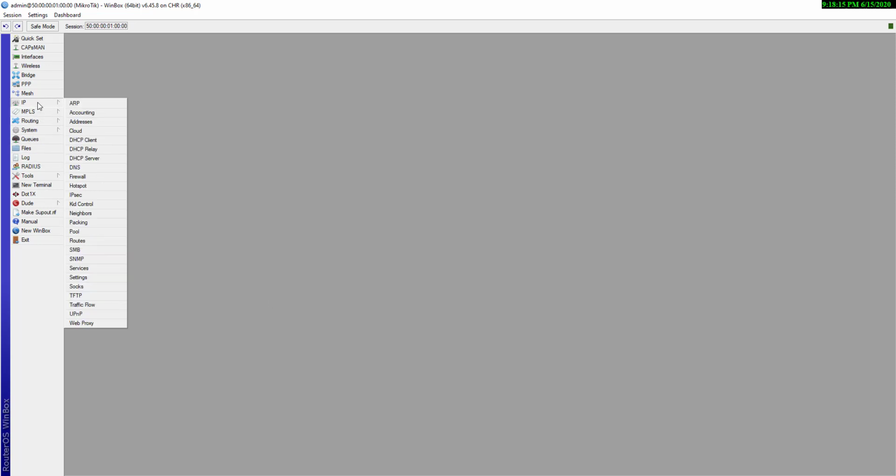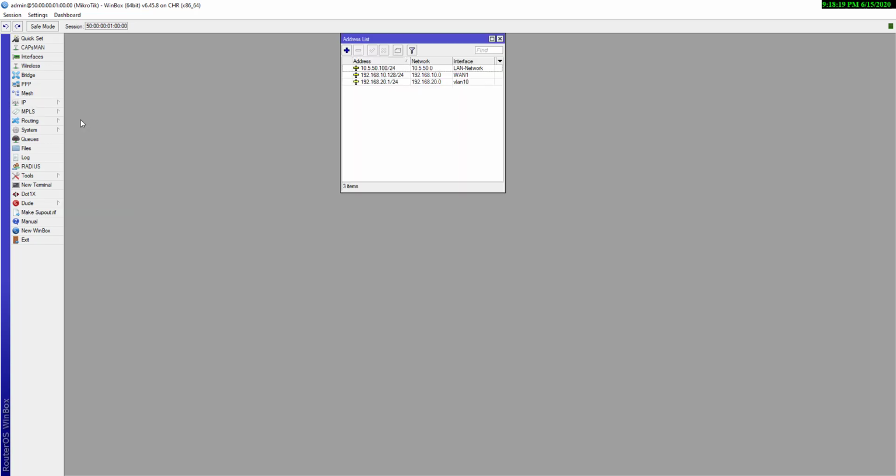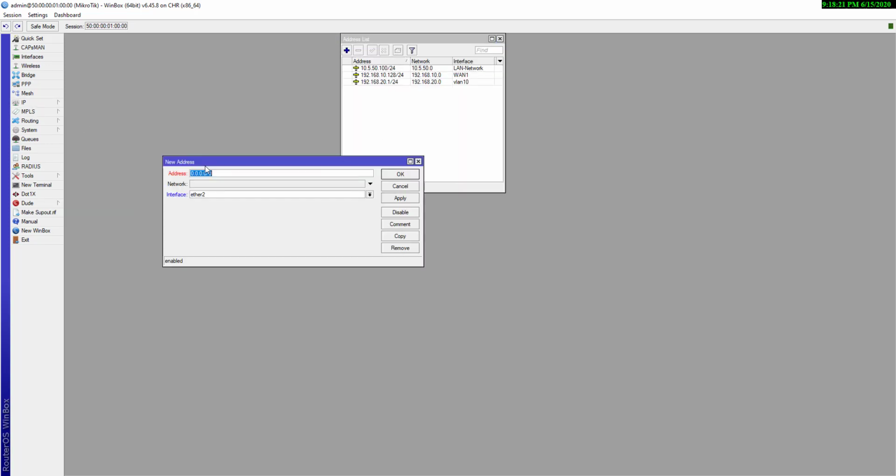And for a static connection, you have to follow two steps only. Go to IP and address and add here, and here you have to give the public IP address, not the mask. Okay, 192.168.10.128 and CIDR value /24. Here you have to select the interface, apply and OK.